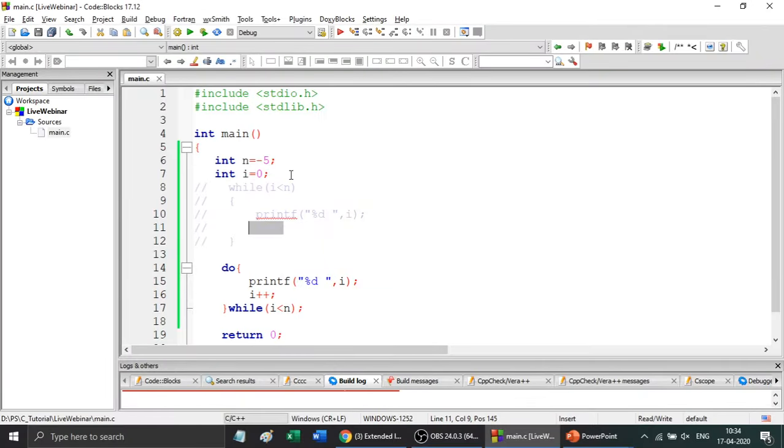So the first important parameter is initialization, second is condition. Maybe I will uncomment this so it will be visible for you. So second, this is the condition, and this is the increment statement. Similarly, in case of do while, we are having an initialization here and we are checking the condition here, and then we are doing some increment or decrement. So these 3 are the important parameters in every loop. If anything is missed, it will go for an infinite loop.